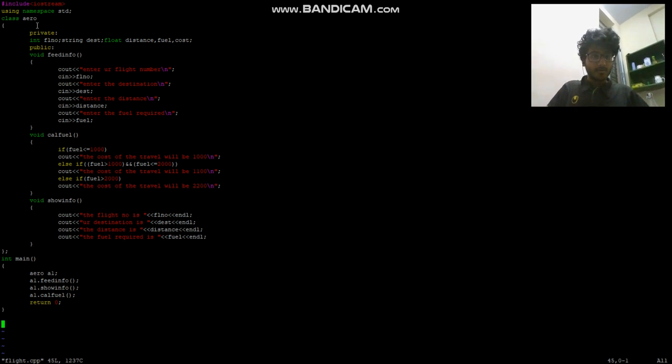What I've done in this program is I've created a class Arrow with variables and some member functions: feedInfo to get the details from the user, and calFuel to check the cost. How it does this is, if the fuel entered is less than or equal to 1000, it will display it as 1000. If it's between 1000 and 2000, it will display it as 1100, and if it's greater than 2000, it will